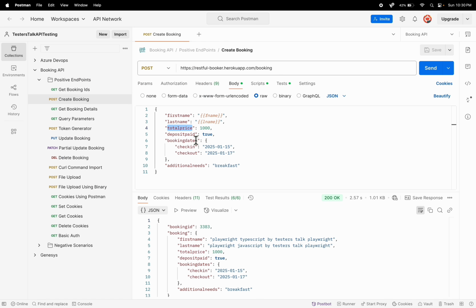In many cases you need to pass the test data from the test itself, or you need to generate the dynamic test data by using plugins. So firstly we will see how to pass the test data from the test itself, and in the next tutorial I will talk about how to generate the data at runtime by using plugins also. So let's copy this API request body